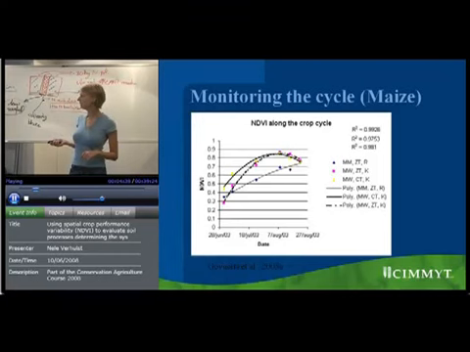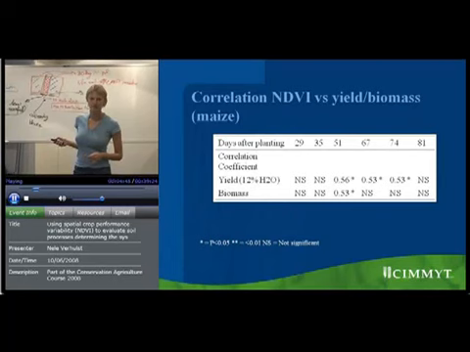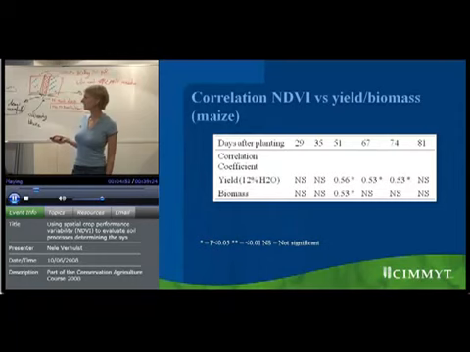Now, these are the correlations that we got out of this earlier in the season. And what we see is, again, non-significant at the beginning, then you get significant correlations, and then non-significant correlations. Now, these correlations are pretty poor, no? 0.5, that's not what we do. If you look at the wheat,